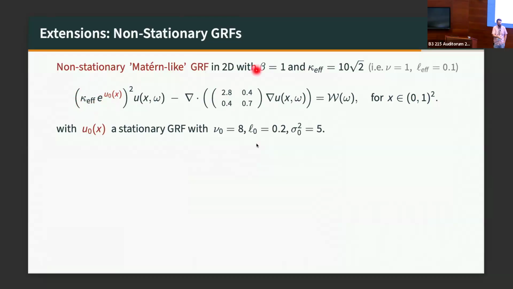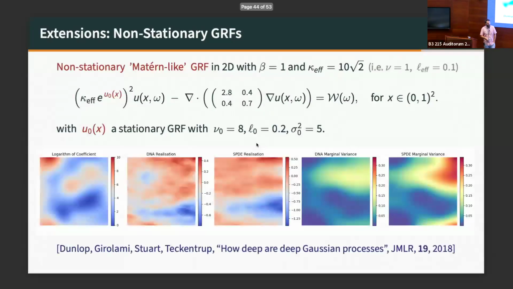Here the effective coefficient is chosen such that it's roughly nu equals 1 and L equals 0.1. And we also make it a bit anisotropic by changing the diffusion coefficient. So now we don't have a reference anymore. We don't know what the true covariance should be because it's non-stationary, but you can clearly see that SPDE,